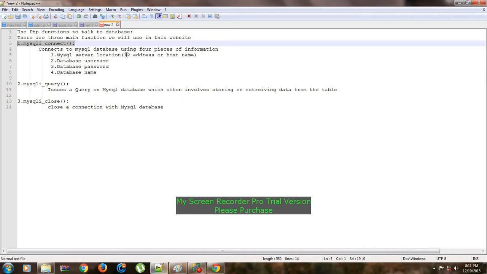We need to specify the IP address of our database. And the second argument is the username. And the third argument is the database password. And the fourth argument is our database name. Every database consists of many tables, and our information will be stored in a particular table. So we need to specify the database name.